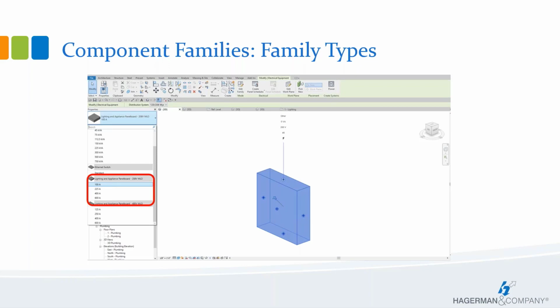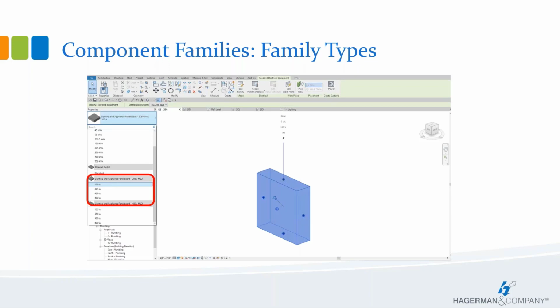For example, I might have a window or door family where the overall design remains the same, but I have different combinations of height and width. This way I can load in the one RFA file into my project and then use any of the various